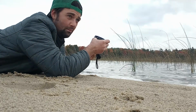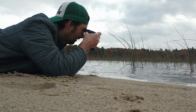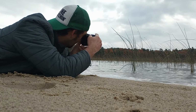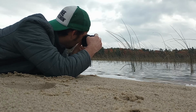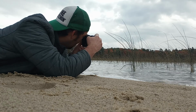I adjust my aperture. I'm gonna open it up as much as I can. And then of course give her the old zoomy woomy. And I'm gonna zoom in a little bit to compress, which is how macro works on this baby. And then